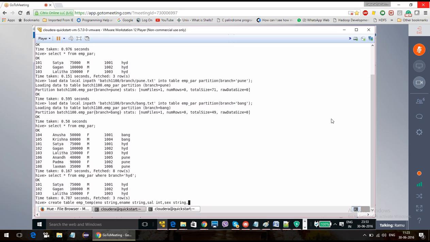We can give some string. Again branch string, row format delimited, fields terminated by comma. So I created the table like this.